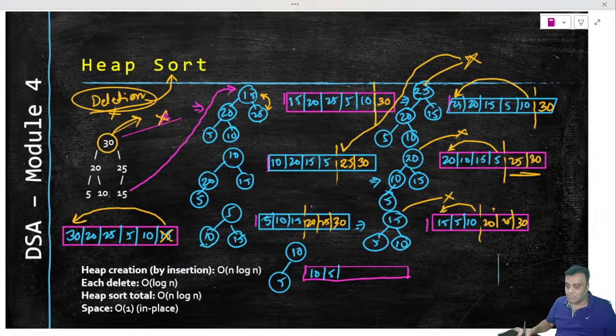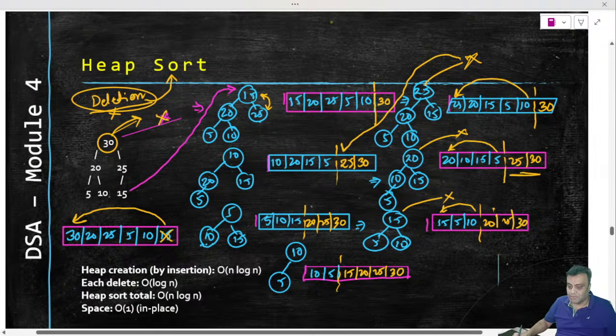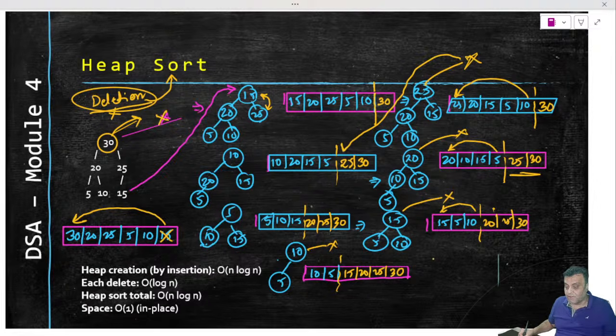So 15 now takes the wasted portion of the array. So 15 is here, 20 was already wasted, 25 and 30. Right? And then the last step is, this is a heap. So of course this is a heap. I can therefore delete 10. So I will delete 10 from here, and I will therefore have 5 as my element, right? The only node that will remain is 5, and because 10 goes out, 5 can replace it. The same logic, and therefore our array will look like this.